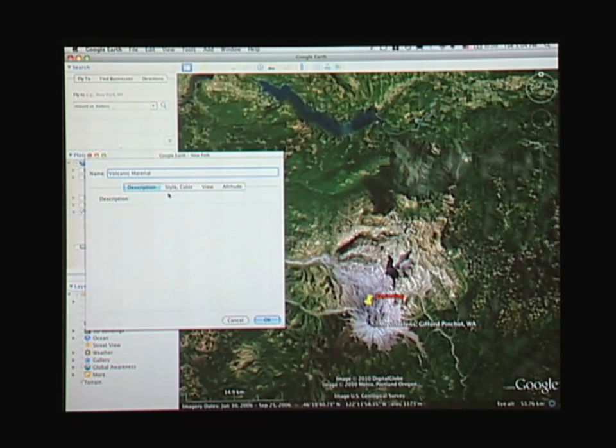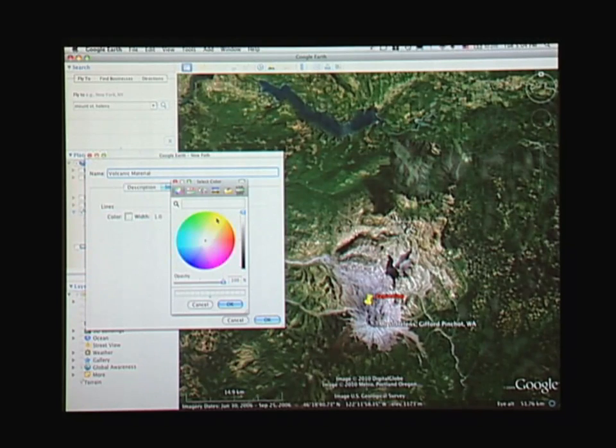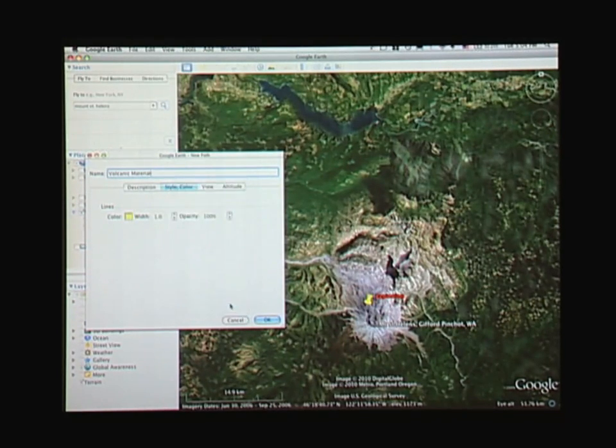I could pick a style that I want for my path. In my demonstration, I made it yellow, so I'll do that again. And basically, at this point, I'm not going to fill out any of this other information yet. One of the things when the path is created, we're going to have to come back to this altitude setting so that we can adjust how far above ground level the path is so that we're not burying it under